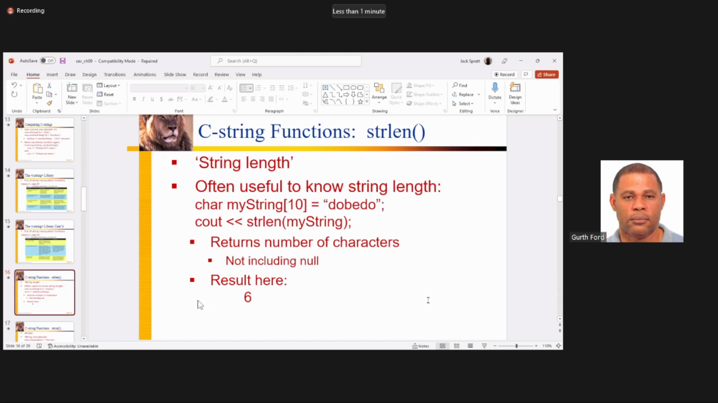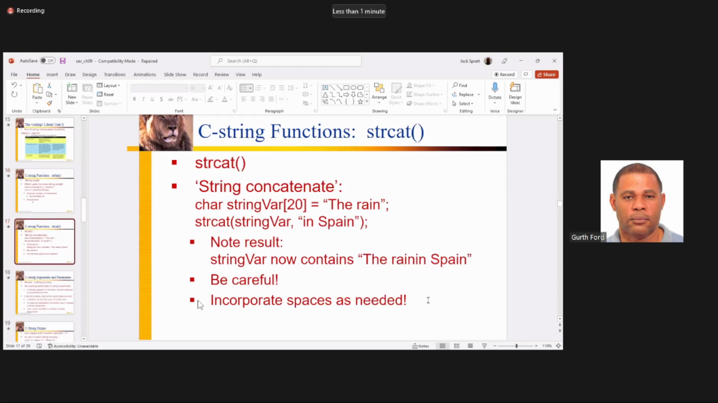All right, so yes, we did this string length. Okay, string concatenation. So we have this easy example here. And oh yeah, they say be careful, incorporate spaces as needed. So what I'm going to do is, let's go back into NetBeans,